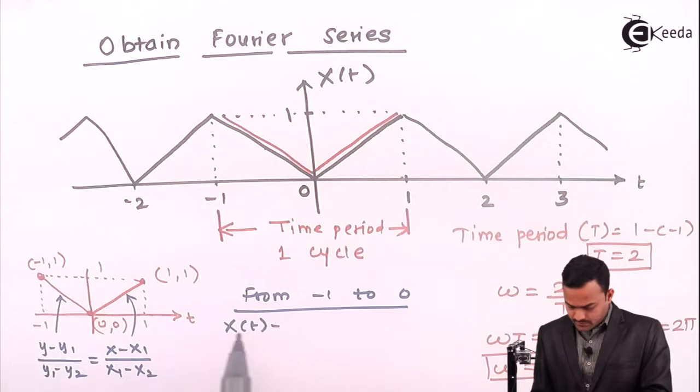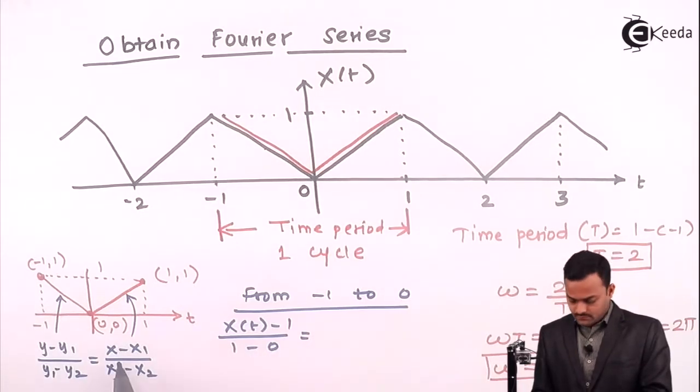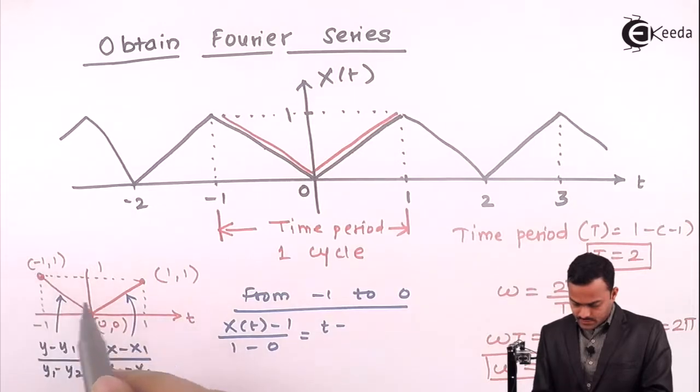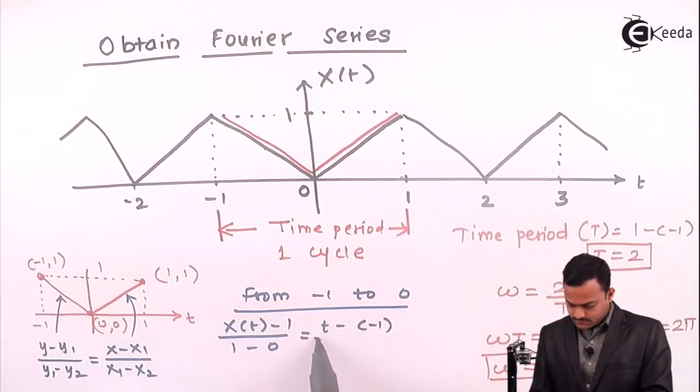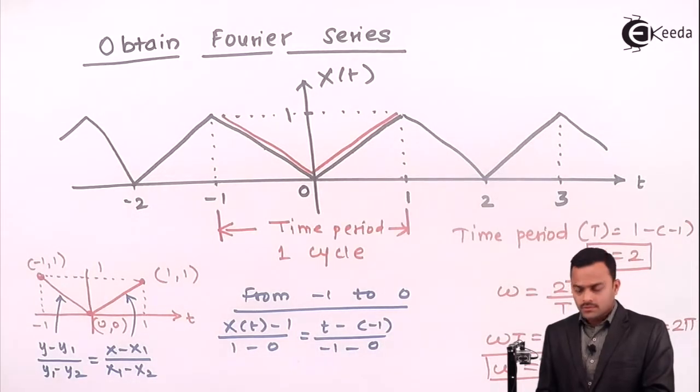So x of t, y1 is nothing but 1, 1 minus y2 which is 0, equal to x which is t, minus x1 which is minus 1, over x1 minus x2, where x2 is 0. So if I simplify, I will get